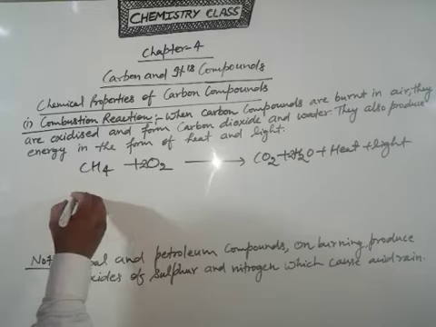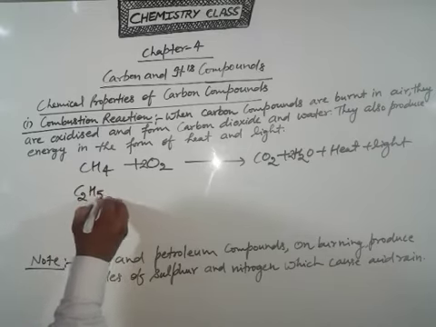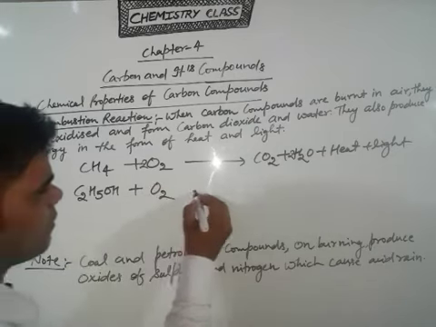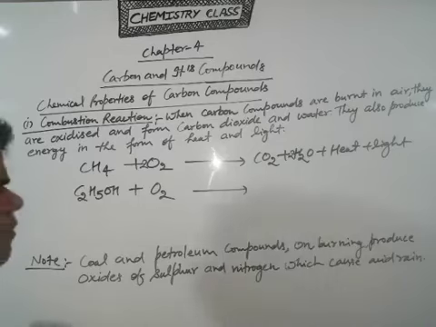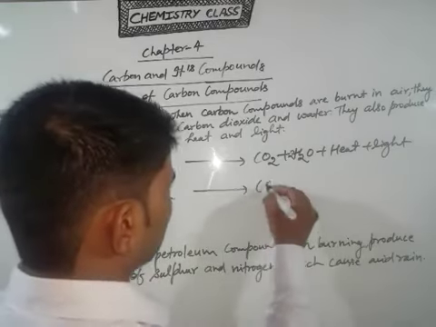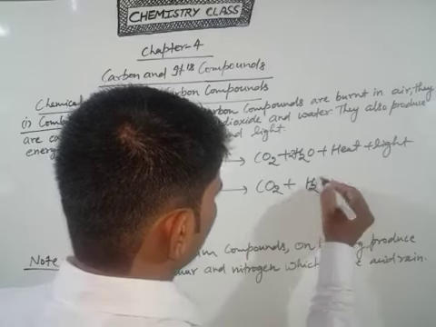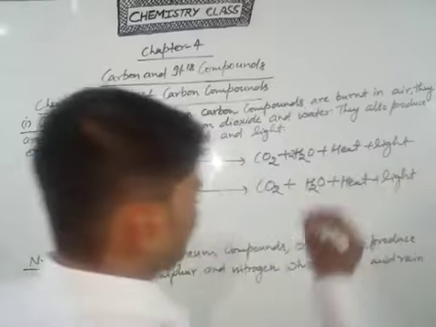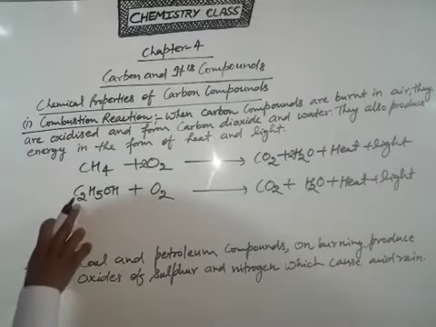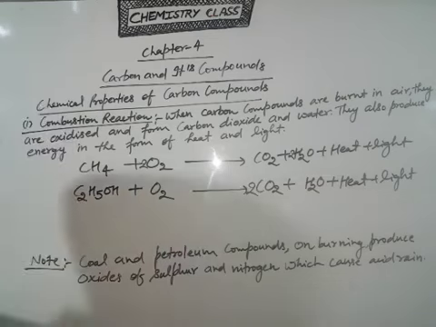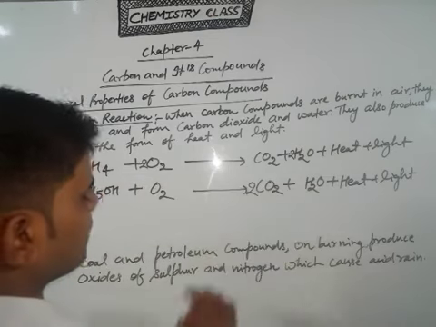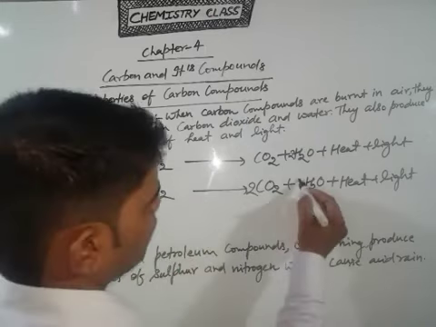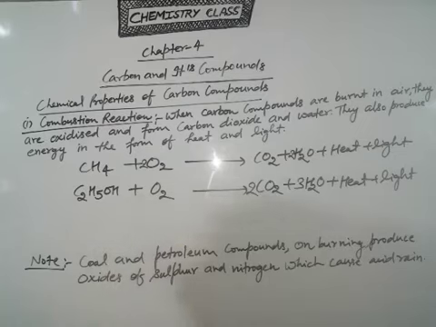Now if you are taking another example like C2H5OH, this is a derivative of hydrocarbon, and it also burns in oxygen. So it will also provide CO2 plus H2O, heat plus light. Clear? So students, how many total carbon atoms? 2. In this case, on the right side you multiply by 2. And how much hydrogen? 5 and 1, it is 6. So multiply the right side by 3, that means 6.